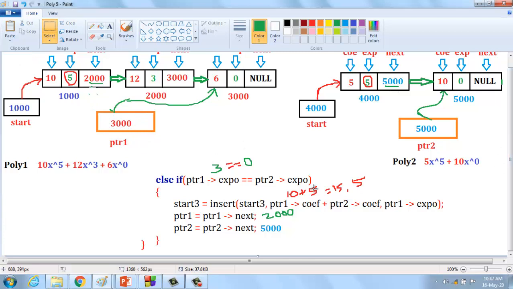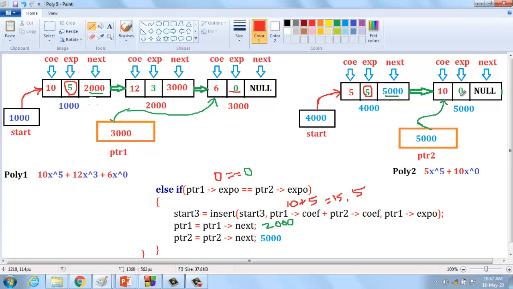Understand? And then ptr1 expo, what is ptr1 expo? That is 0. 0 equal to ptr2 expo, that is also 0. Condition true or false? Condition satisfied. The condition satisfied means it enters inside the if part.